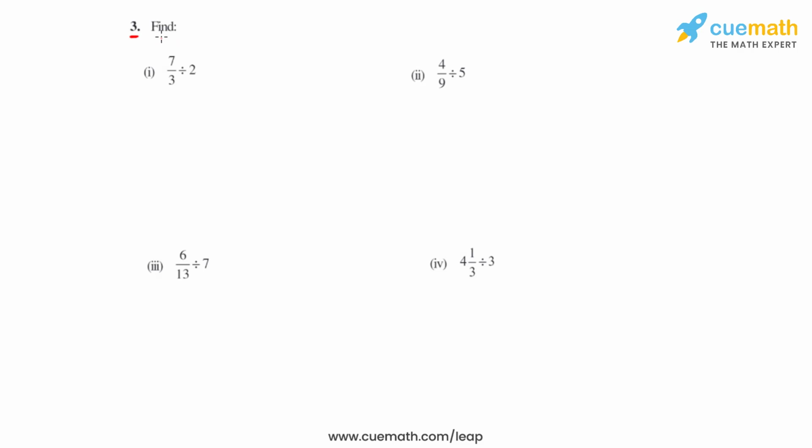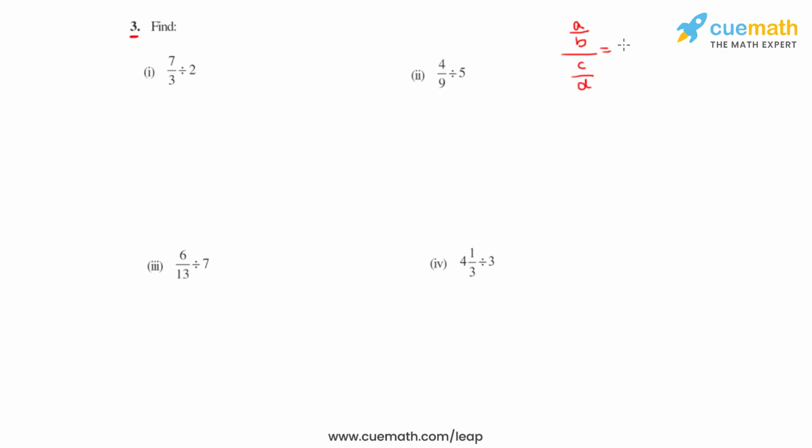Question number 3 says, find the value of the given bits after doing the division. As we know, the division of fractions will be involved. So before we start solving each of the bits, we'll first try and understand how to divide two fractions. Let's say if we have a fraction a over b which is divided by c over d,